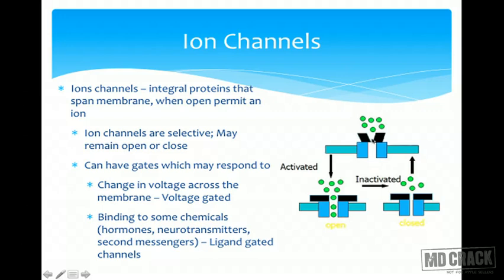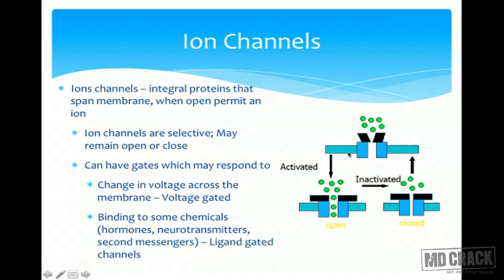Now in the resting stage, this ion channel might remain open so that the permeability is there, or it might remain in a closed state. If it remains in a closed state, there are a number of factors which can cause opening of this channel. So we will call this a gate of the channel, which will open and close in response to some factor. Now, which can be those factors?